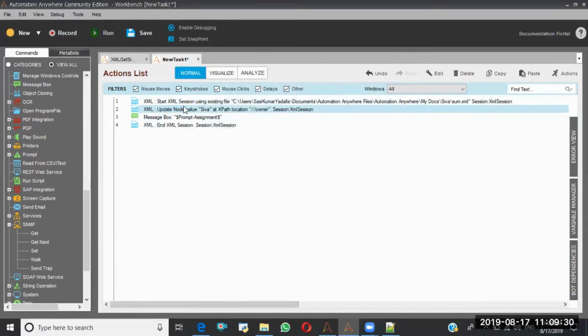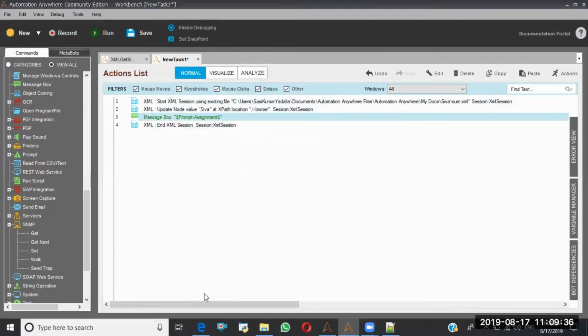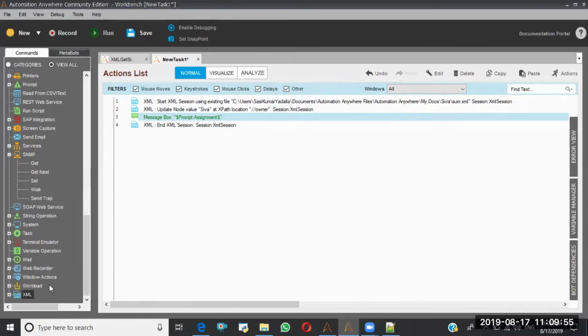See, here I am updating the XML node. Whenever I update the XML, I need to save that, right? Otherwise, that will be only a temporary update. I don't want a temporary fix, I want to update my file itself. That's the reason I want to save my XML file.